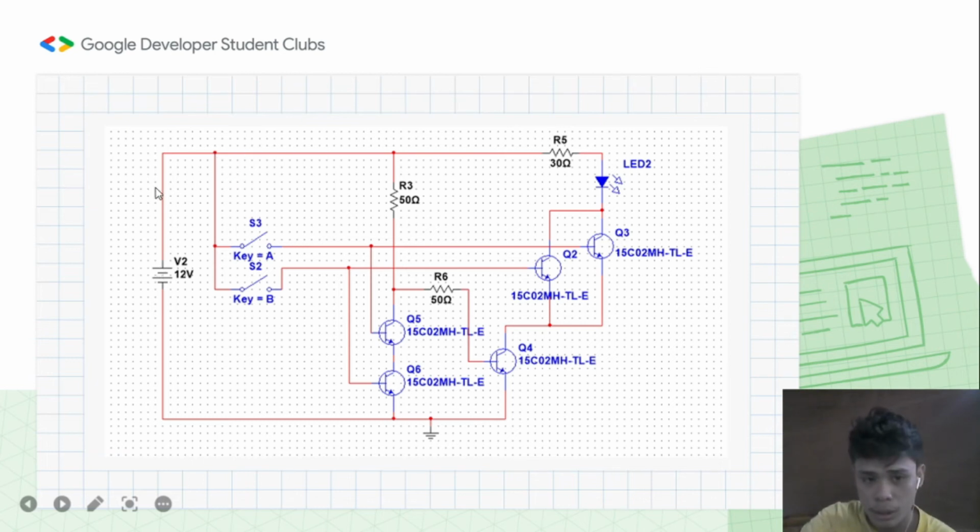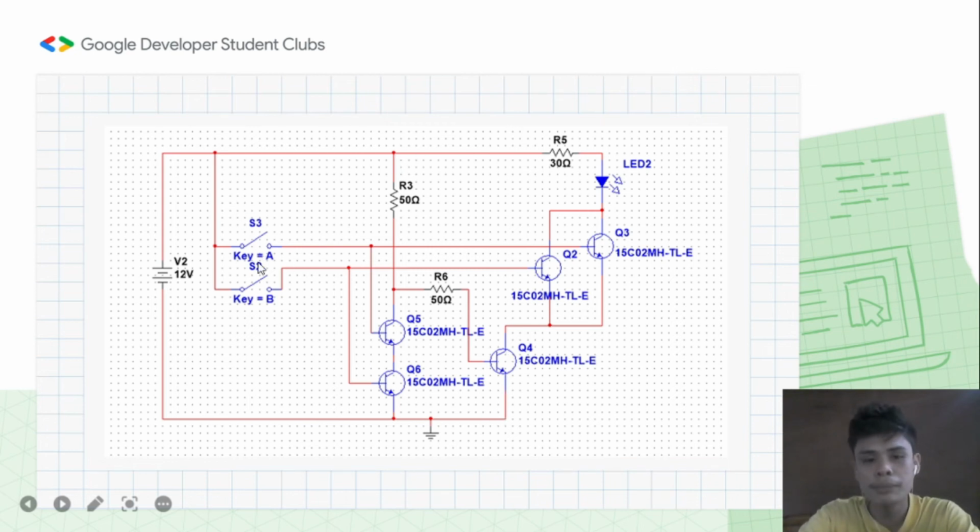So from the source through the resistor to the LED, if either A or B is on, the current flows to the transistor. So our output would be off if this transistor is off. But naturally, this transistor is on, since its base is connected to our source, so there is current flowing into its base. So it is on. So if A is on and B is off, our output is on. If B is on and A is off, our output is on. Except